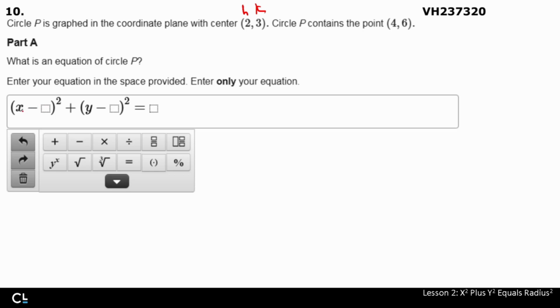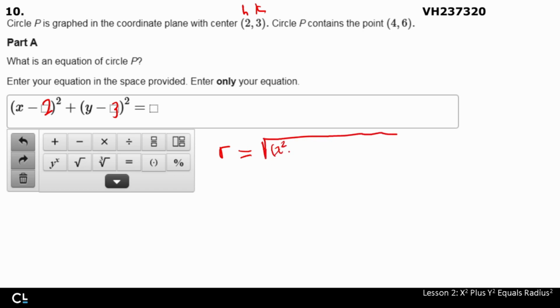So in our first space, it's going to be h, which is just 2. In our second space, it's going to be our k, which is 3. But we don't know our radius here. So we want to be able to solve that in. And this is where we have to use our distance formula. So instead of putting d, we're going to put our r because our distance formula is going to give us r. And it's the square root